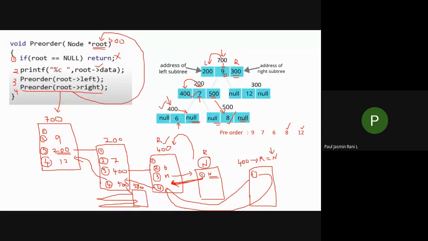Okay, so I'm calling these many times your recursive functions. Sorry, not the inbuilt functions, recursive functions. Okay, so till I reach my null, I'm going to do a recursion in a pre-order manner. Remember this one, I'm doing a recursion in a pre-order manner. Okay, so any doubt in this one? Yes. So students, if you have any doubt, unmute your mic or otherwise put it in the chat. So can you follow this one?